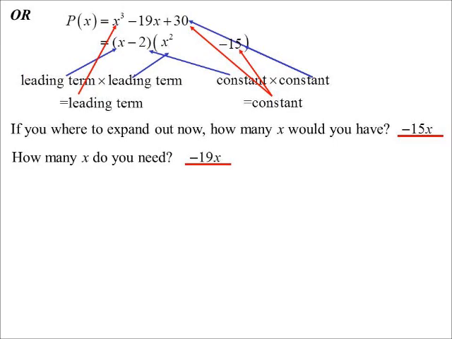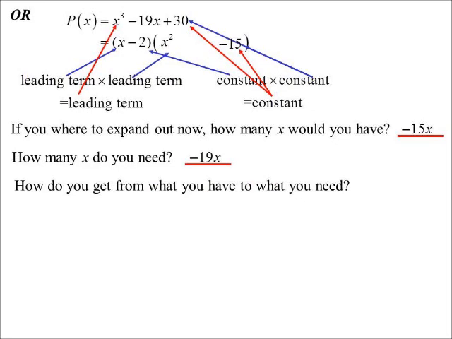So I need minus 19. Well, how many do I still need? I need another minus 4x. So therefore, that middle term times the negative 2 must give me minus 4x. The missing bit that I'm looking for. So minus 4x will be negative 2 times,